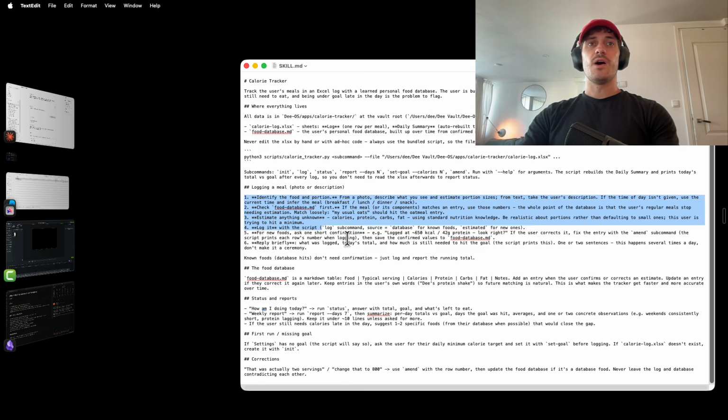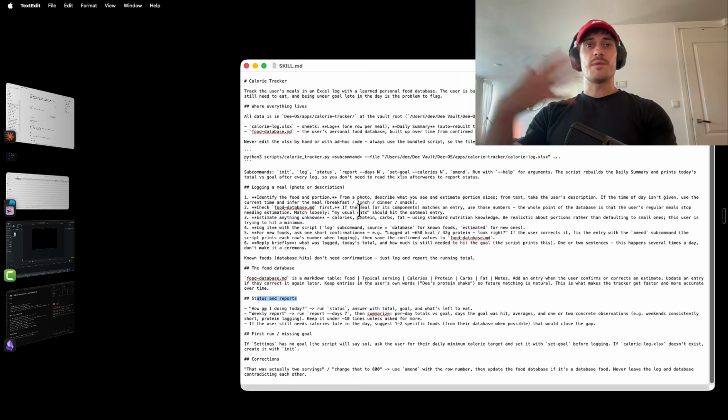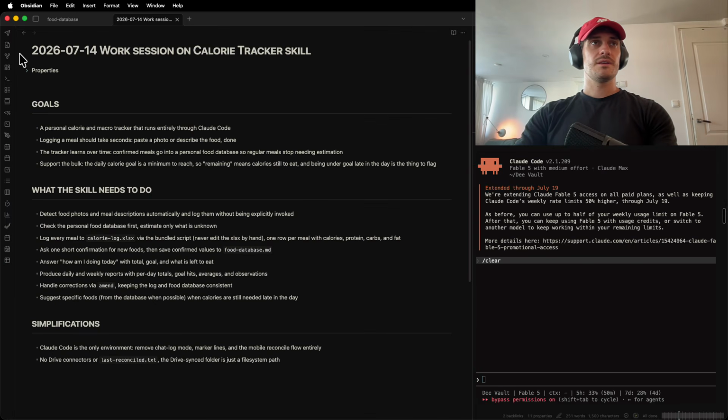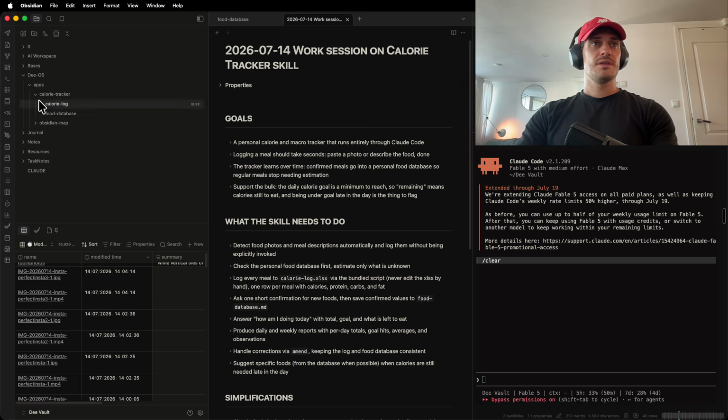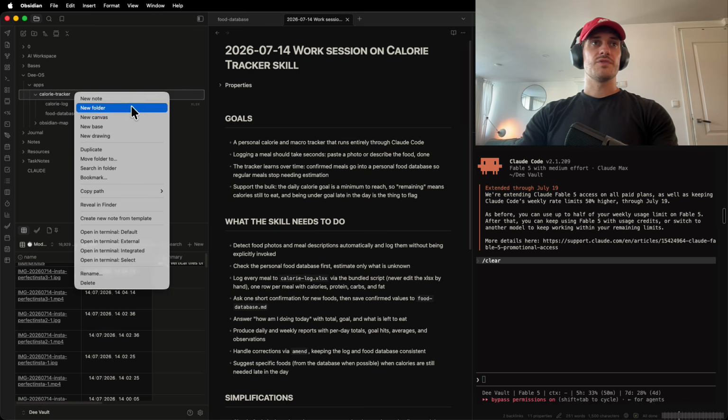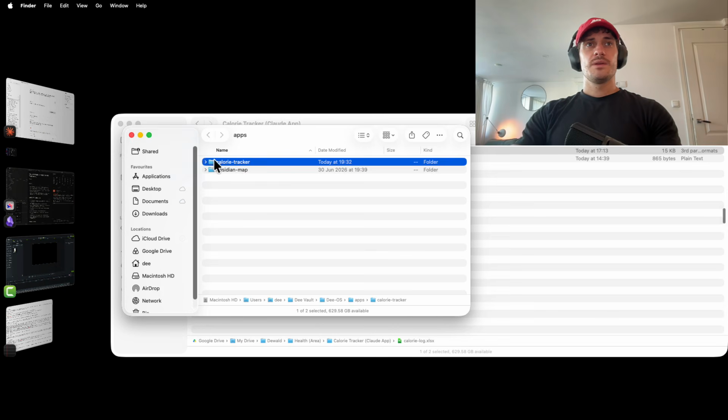This just goes through how it logs the different food when I input the food. And then we have a food database as well, and status and reports. So this is the entire application that we've built. Where the data is stored is on our Obsidian. So I just stored it in a folder called Calorie Tracker. So if you open up this folder, Reveal in Finder, we have this little guy, and then we just have